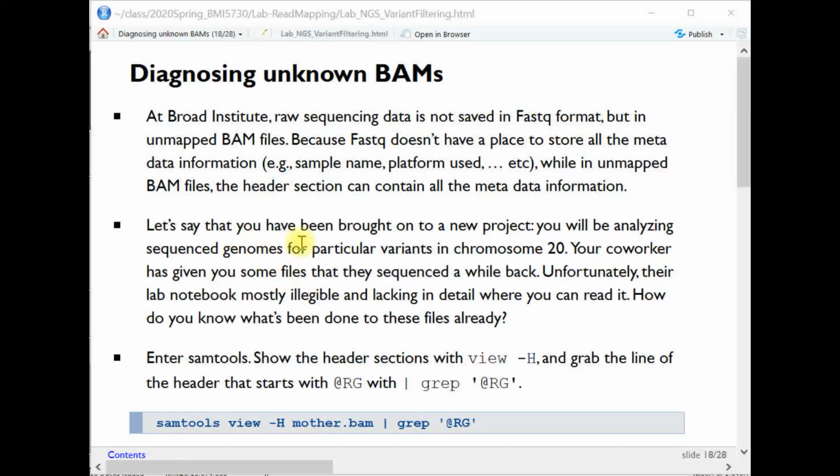At Broad Institute, raw sequencing data is not saved in FASTQ format. Instead, it's saved in unmapped BAM files. This is because FASTQ does not have a place to store all the metadata information. But in the unmapped BAM file, or even a mapped BAM file, the header section can be used to contain all